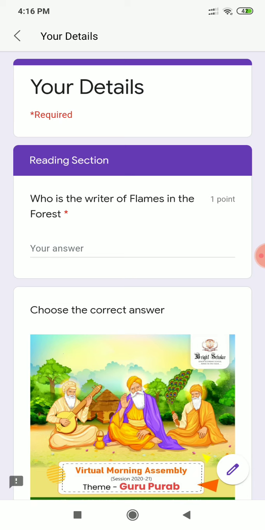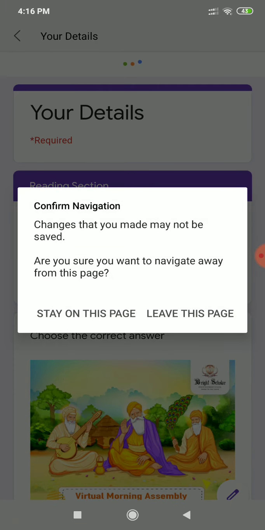Like if they are true false, you can create a separate section for it and add 5 true false. If they are fill in the blanks, create a separate section for it and add 5 fill in the blanks. So this way you will be able to design the proper question paper as we used to make physical question papers. Same way, divided into different questions and sections, we can design our paper.